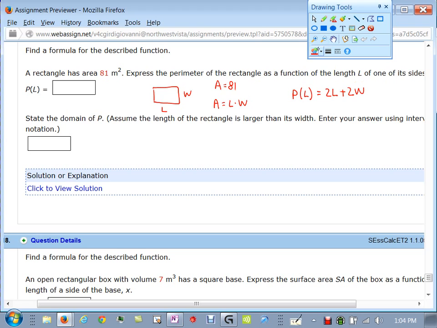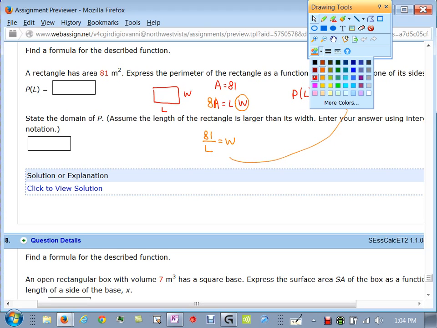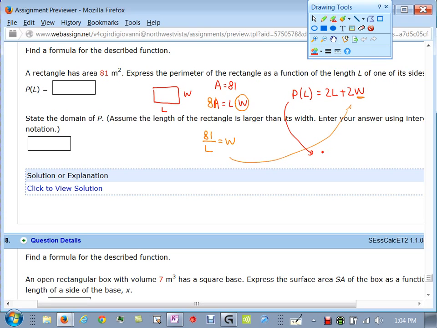But we know already the perimeter is always twice the length plus twice the width. So what I need to do is find a way to get rid of the W here. Well, coming back here, I have a W in this equation. I know this side's 81. So I know that 81, if I divide both sides by L, I have an equation for W, and I can take that and plug it in here. So my perimeter is 2L plus 2 times W, but W is 81 over L, which means that my perimeter,